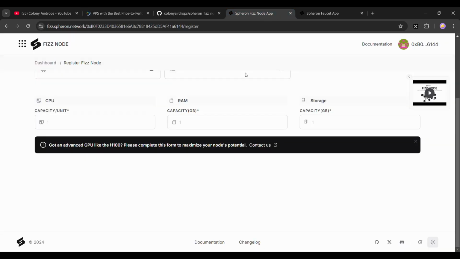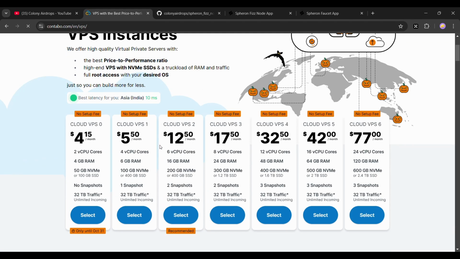In Contabo, whatever your capacity is, you need to put in your RAM and your storage. I have a 6 core CPU, 16 GB RAM, and I have used 400 GB SSD, not 200 GB NVMe.